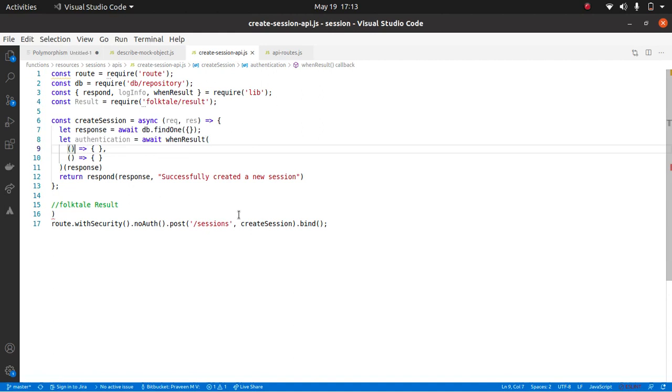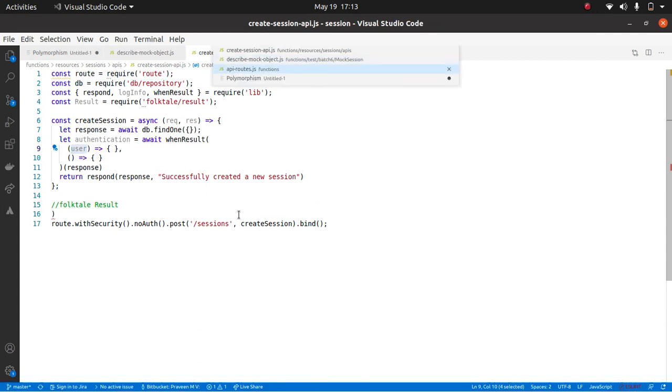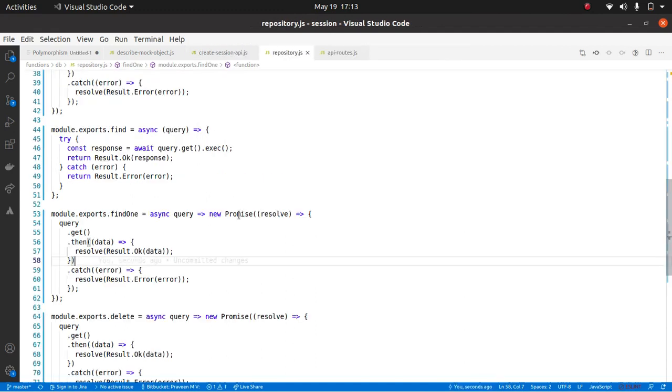And to that method, it will actually pass the user. Right now we are trying to find a user, right? Okay, that was found. So again, I will repeat. If I go to the repository, whenever we are doing repository.find1, we are trying to find a user. If it finds the user, then it will pass result.ok, and in the result.ok it will send the data, that is the user data.